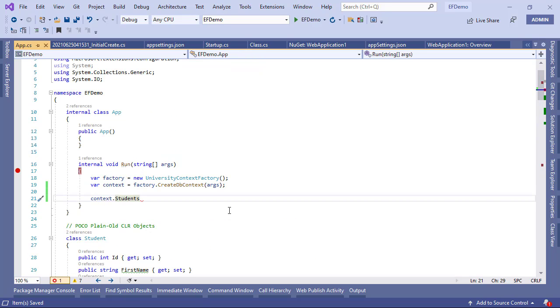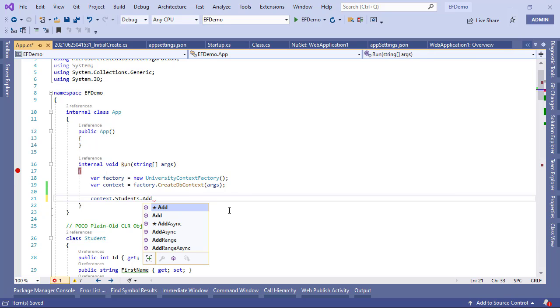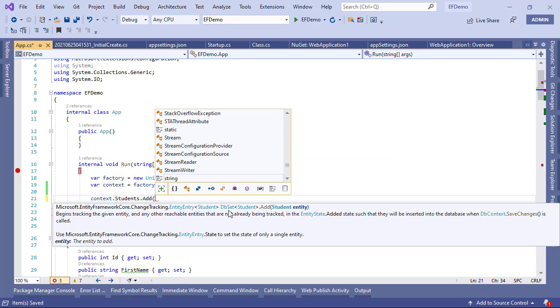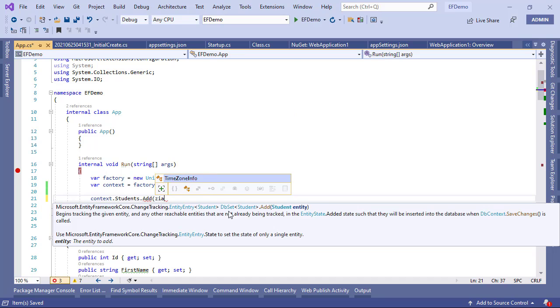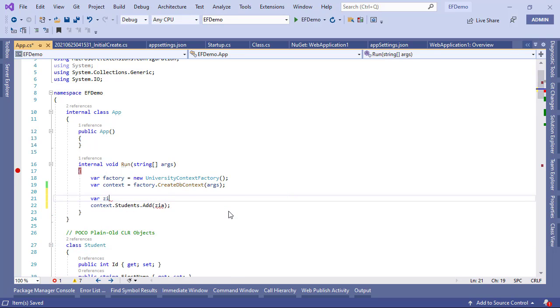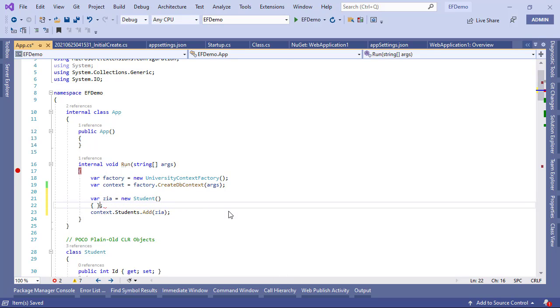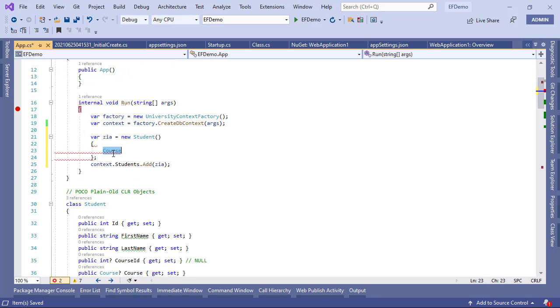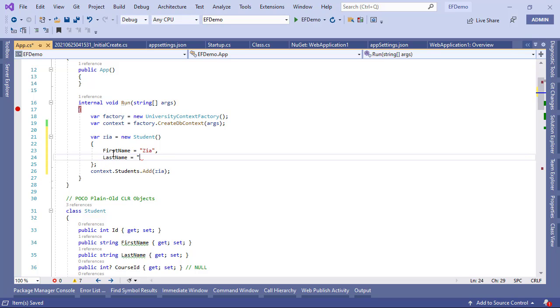Now if I come here and then to Students, if I say .Add, it is expecting a student entity. I can give it my name. I'm going to be the first student here, and let's go ahead and declare that member here, new Student, and over here I can provide multiple values. Let's go ahead and populate these columns. The first name is Sia, last name is